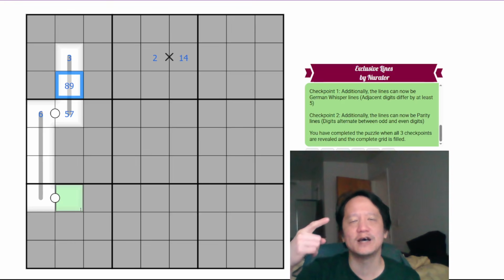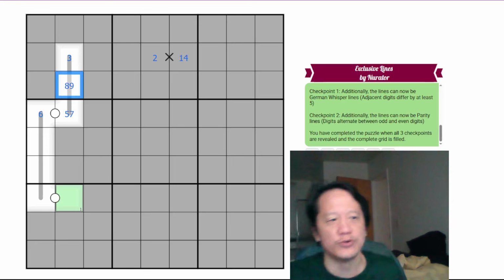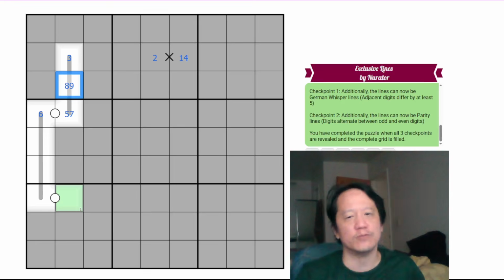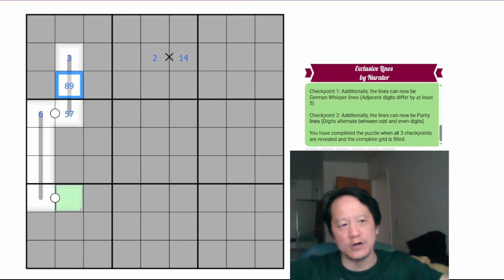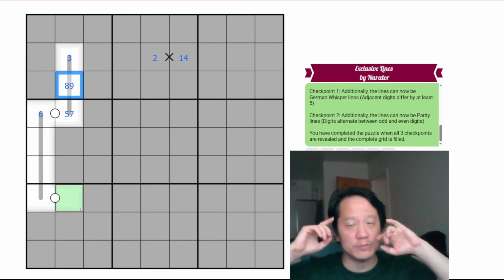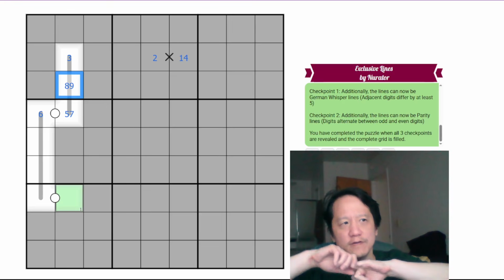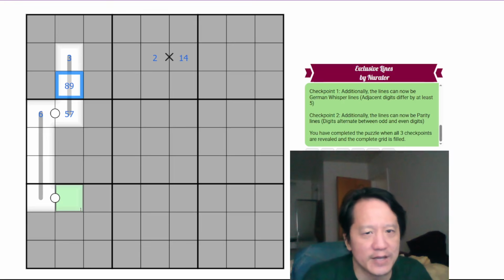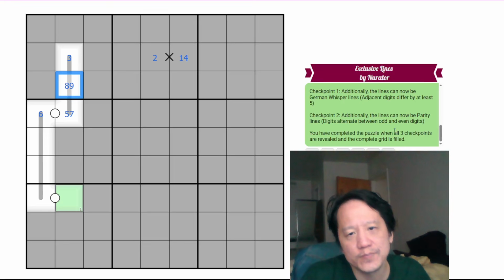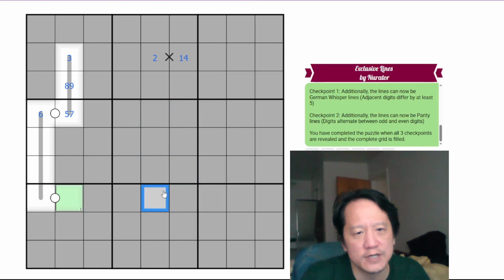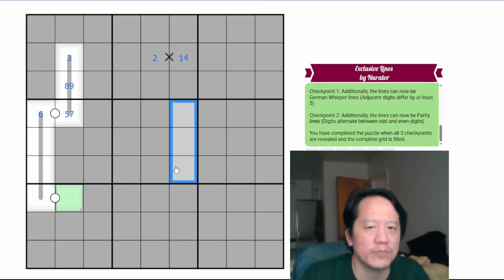So I think this is after we see checkpoint 2, would be my guess. Where we see a new checkpoint, when we clear out all the potential meanings for lines, and also we remove all digits, right? Except for the checkpoint digits. So I assume that's after we've filled in at least checkpoint 1 and seen probably checkpoint 2 as a cell. So I'm assuming after checkpoint 2, after we see checkpoint 3,